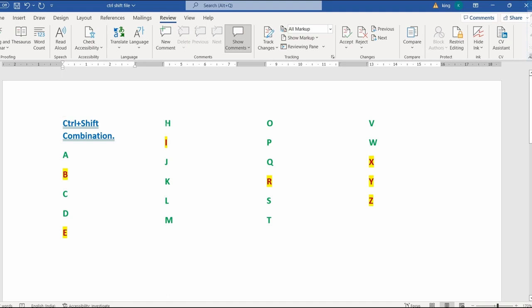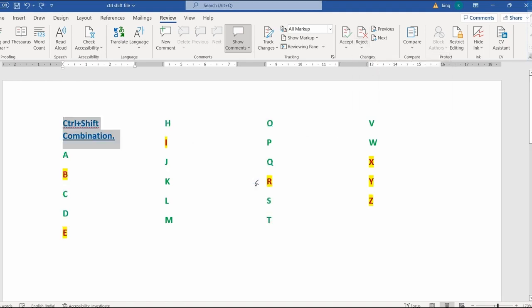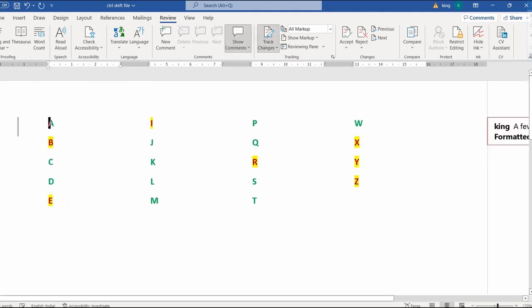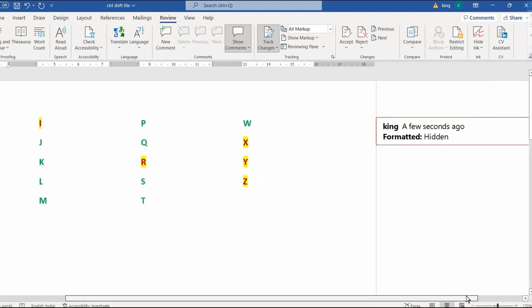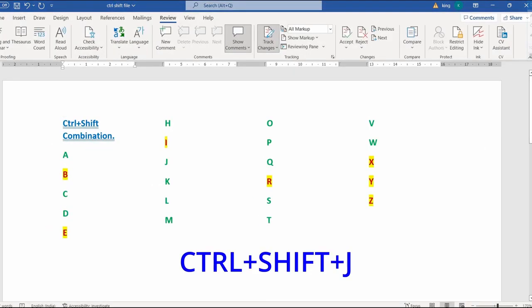Now moving to the next shortcut. Okay, I am checking it one more time. Now I am moving on to the next shortcut, that is